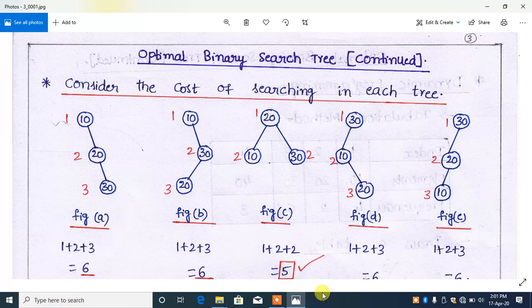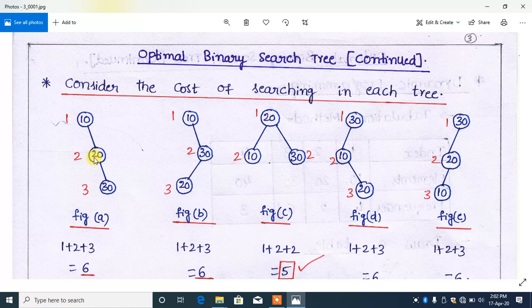Now consider the cost of searching the elements in each tree. Here there are 5 binary search trees. For searching this element, how many comparisons do we have to make? Only one comparison, because it is present in the root node, so in the first comparison itself we can find this element.